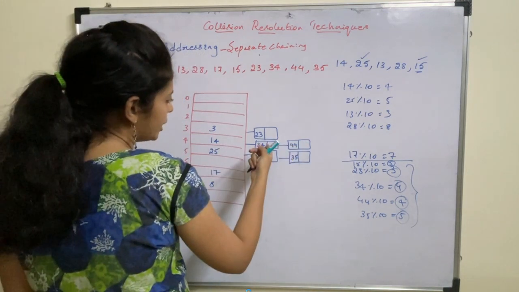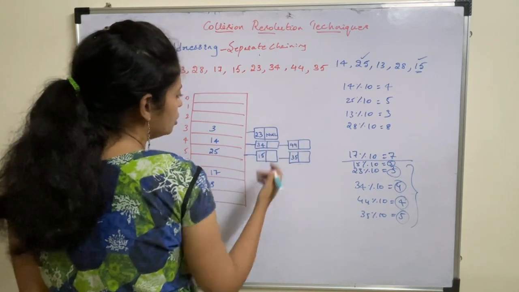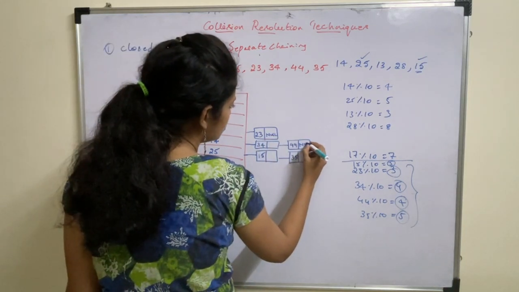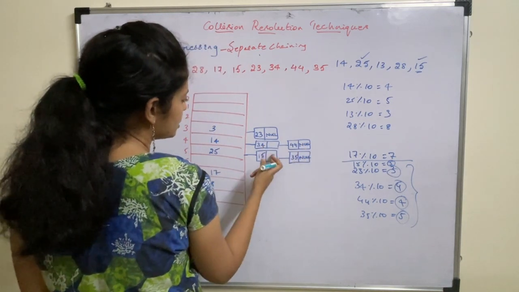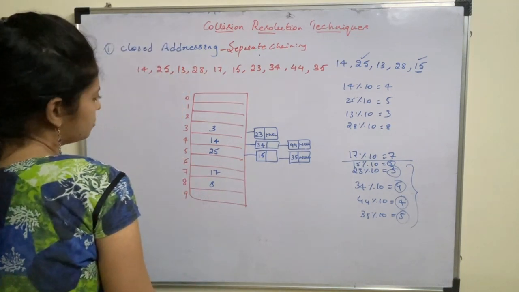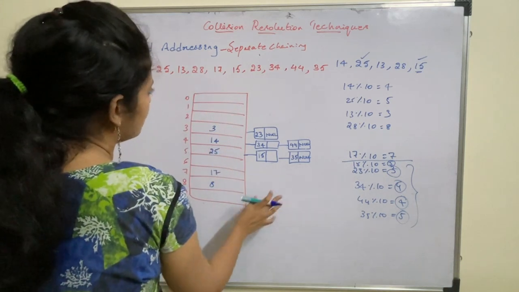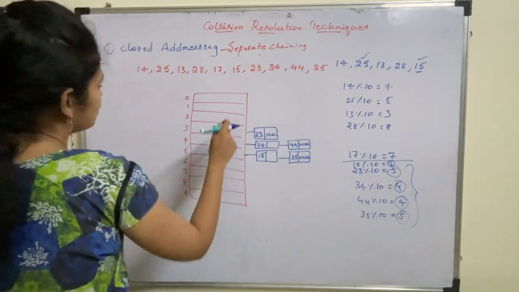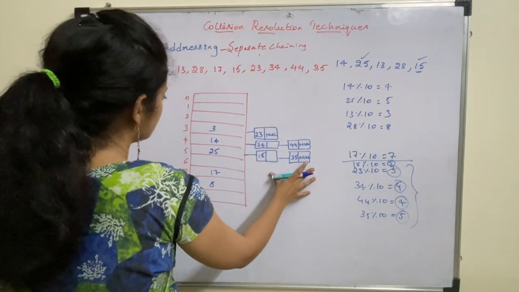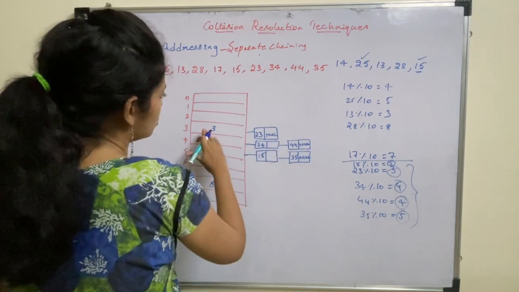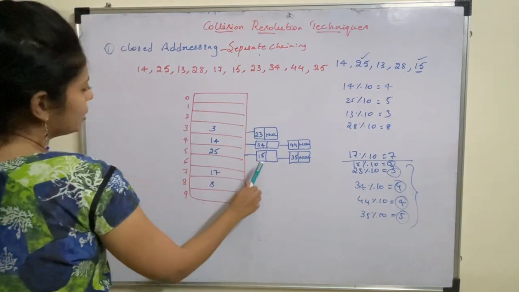You can store the address of the next node in the address field of the previous node. This one is null as there is no other node after it, and these fields are also null. So you place the address of this node in this field, and the address of this node in the address field of the first node. This is how you can insert values or records into the hash table using separate chaining. We successfully inserted all the records by creating a chain. You can see this in the form of a chain, as we are using linked lists here.